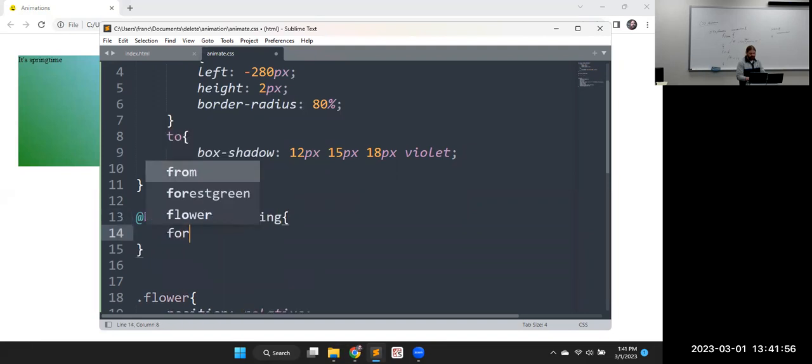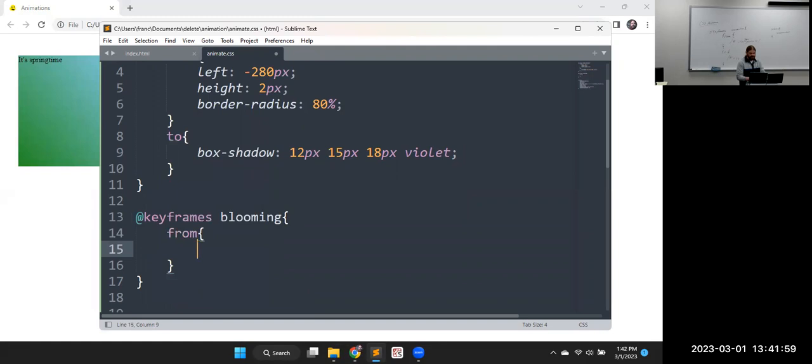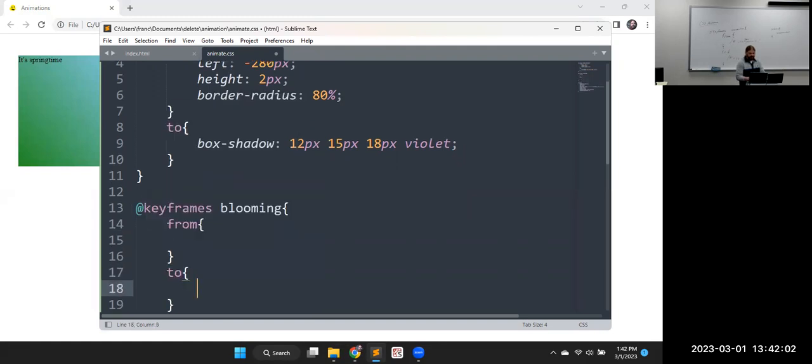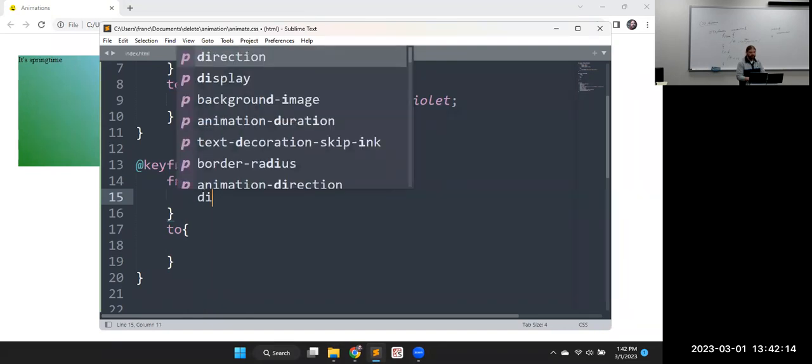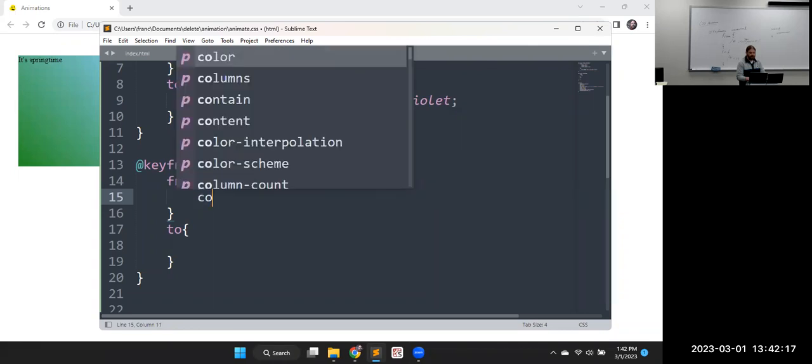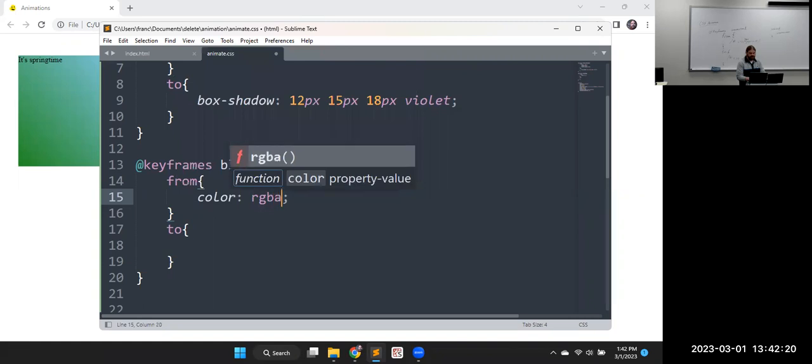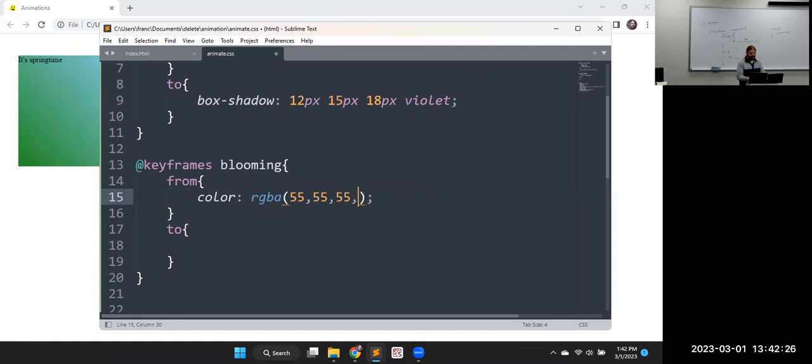Blooming. Again, we just have to say where we're starting at and where we're ending at. So from and to. So maybe at the beginning, set the color to RGBA, and it doesn't really matter at this point. What I wanted is to say 0.01. So it's pretty much completely transparent. So it's going to start completely transparent